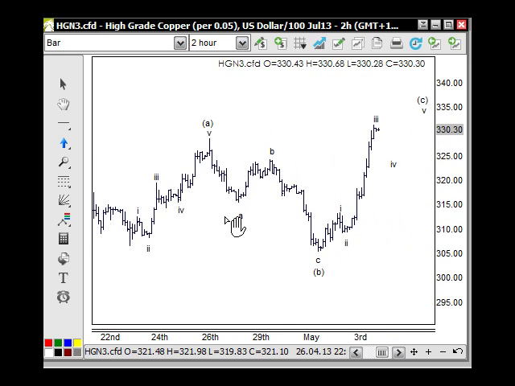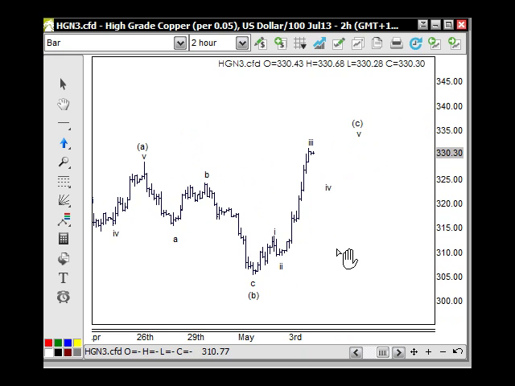here. Because this is in 3 waves, it does take out the low down here, but because it's in a 3-wave price action, we have to look at it as being a B wave, and then we have to look at this being a C wave moving up through here, so in line with stock as well. So same sort of wave count as we've been looking at the indices. So we'll be looking at a wave 3 here, a 4 and a 5 here, which should take us up